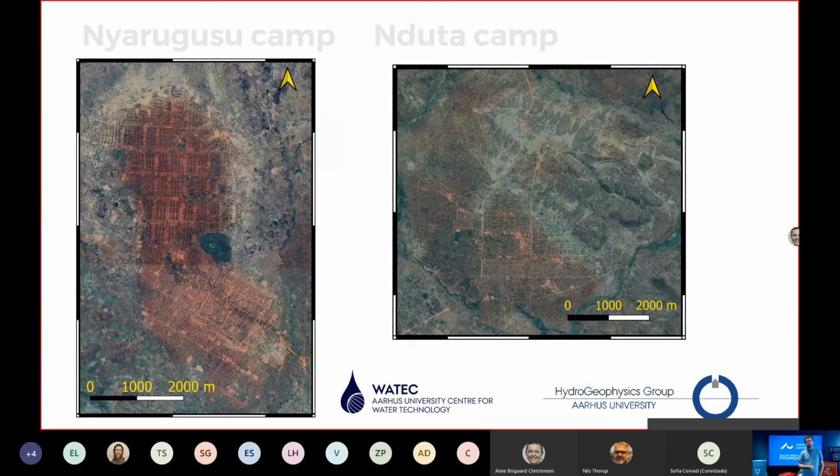So the 2 refugee camps that we worked in are known as Niragusu and Nduta camps. So Niragusu is the image on the left, just the satellite image shown here. It's home to about 170,000 refugees, mostly Burundians. The image on the right corresponds to Nduta camp, which is a smaller camp that's home to about 74,000 Burundian refugees as well. And both of these camps have